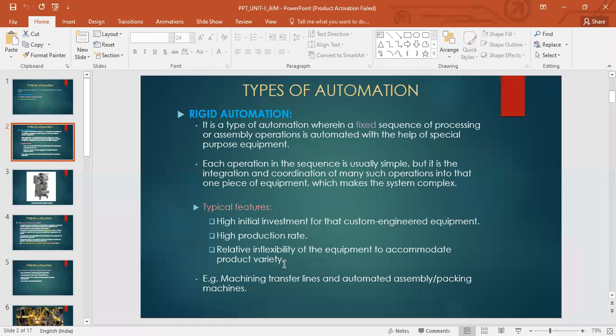Inflexibility to accommodate product variety. As I told you, if there are product design changes, it will be very difficult to accommodate those changes. Okay. Examples include machining transfer lines, as I said. It could be either in the food industry or, as for example here, machining manufacturing industry, automated assembly or packing machines.